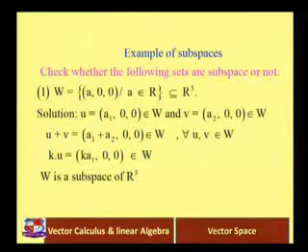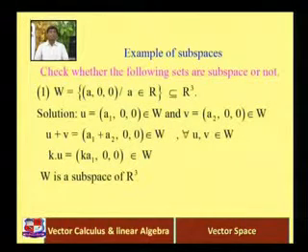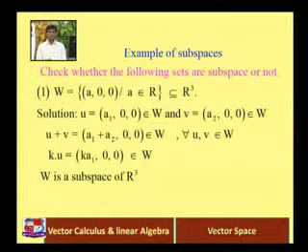The first set is W equal to, set theoretically, (a, 0, 0), where a belongs to R, which is actually a subset of R3, that you can see easily. This set is actually a subset of R3, okay, because all the elements are from R3. But what type of elements are in the set? You can see in the definition what type of elements are in the set. The first coordinate is a real number and the second and third coordinates should be 0. It must be 0, okay. So the first coordinate is any real number and the second and third coordinates must be 0, okay.